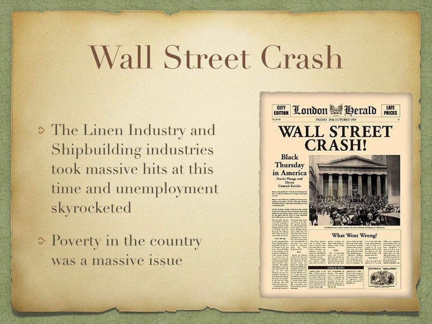In 1929, remember, the Wall Street crash happened, and while Northern Ireland had been the most prosperous part of the country, remember, one of the reasons why they didn't want Home Rule was because they were the more industrialised, more prosperous part, but the Wall Street crash hit them hard. The linen industry, which had been a big employer, and the shipbuilding industries of Harland and Wolff took massive hits. Unemployment skyrocketed, and poverty in the country became a massive issue. There was a rise in cases of TB, death by pneumonia, people really struggling to survive.